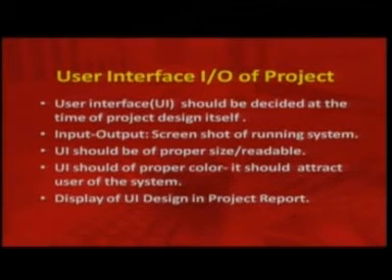Sometimes, you might have heard that user manuals are available for using different applications. So, if you need to provide certain help with your system, in a help section you can provide details about your user interface, and that will add extra quality to your project work.